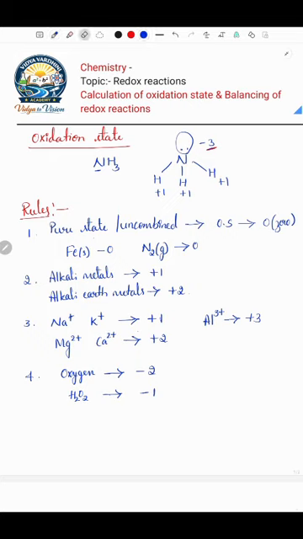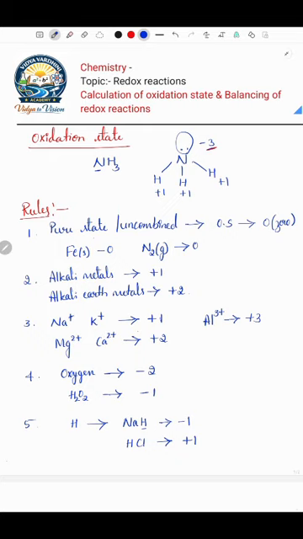The next rule is with respect to hydrogen, the oxidation state of hydrogen. When hydrogen combines with the most electropositive element, that is sodium, the oxidation state of hydrogen will be -1. The same hydrogen, when it combines with the most electronegative element like chlorine, will have oxidation state +1. We need to understand whether the hydrogen is connected to the most electropositive or the most electronegative element in order to assign its